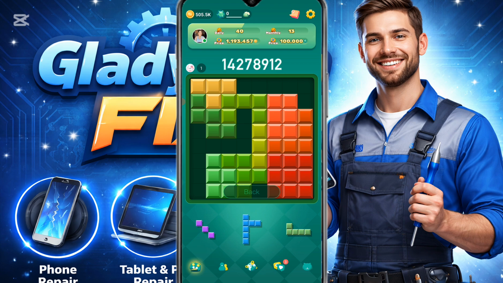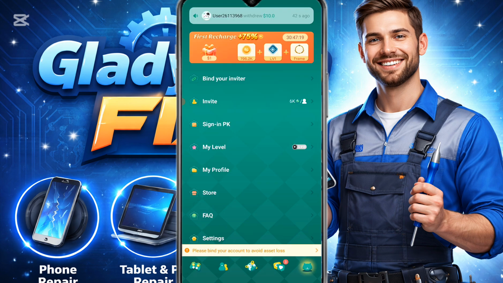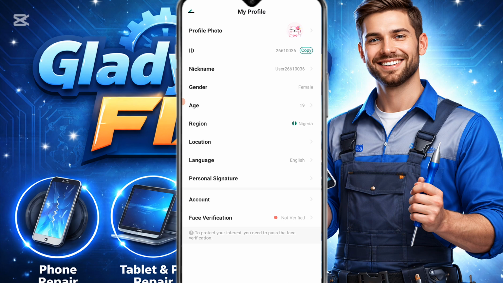So the step you have to take in order to fix verification, because with this verification you can have more features from this app, is to click on the profile icon here. So from here, next thing you have to do is to click on my profile. From here, next thing you're going to see the last feature here that says face verification not verified. So you just click on it